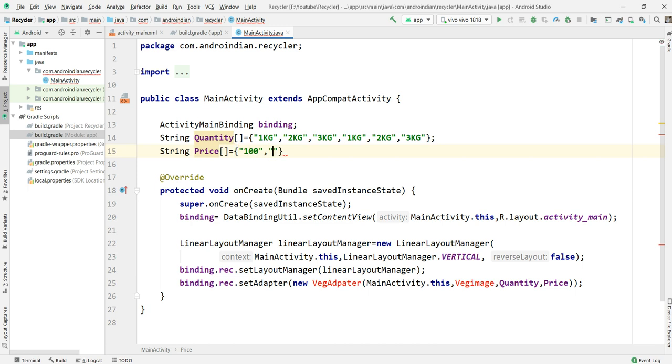So 100 rupees, 110 rupees, something. I'm entering some data here. So total 5, one more, like this. Then, okay, the image is there now, so image we can manage.